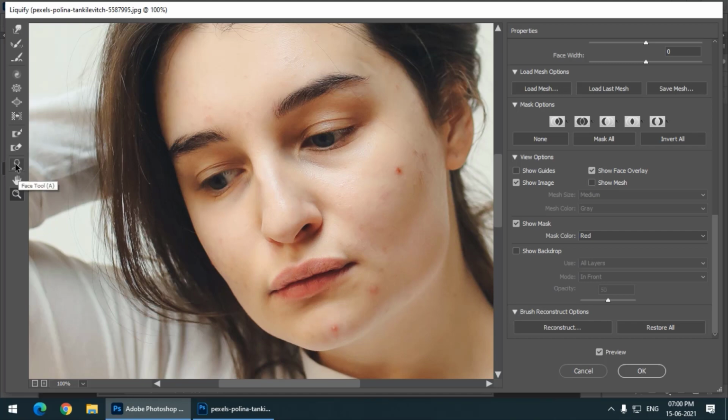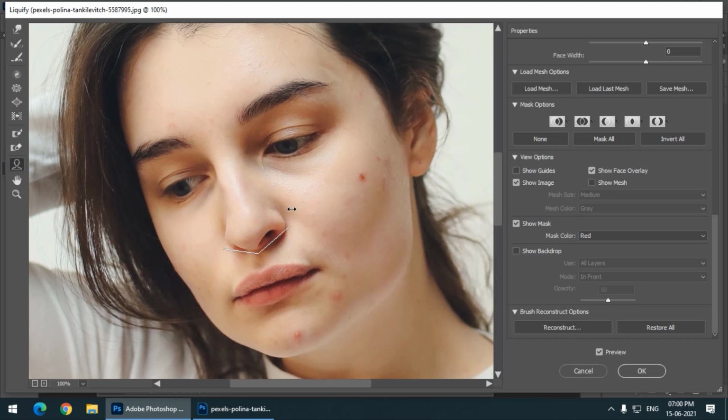Now this is the most useful option in this Liquify panel. This is called the face tool. So basically we have two ways to use this. We can directly use this on any portion, so it automatically detects a part of the face. So in this particular area, it detects elements of the face like eyes, nose, lips, or forehead, jawline. It automatically detects. But remember one thing, for it to detect the face, the image quality has to be good. So this is a good quality image.